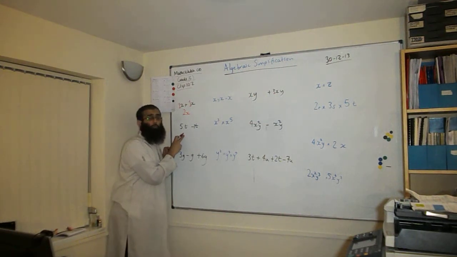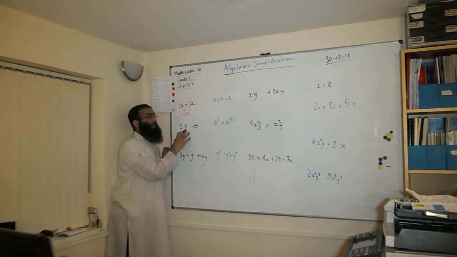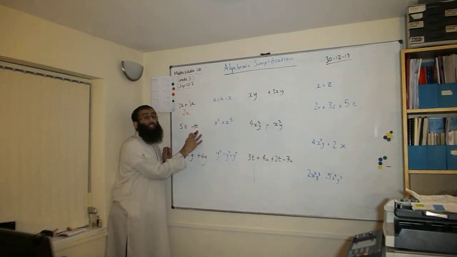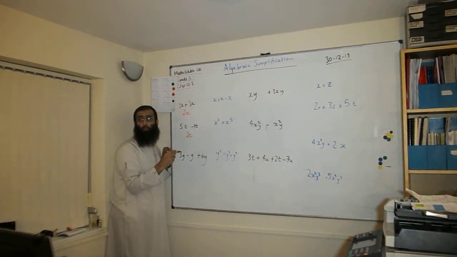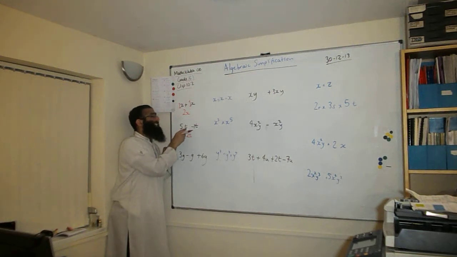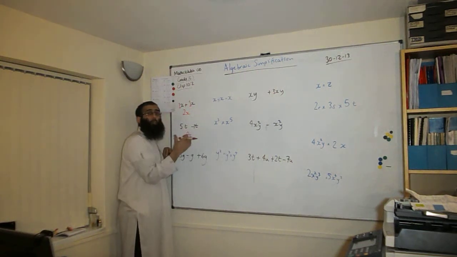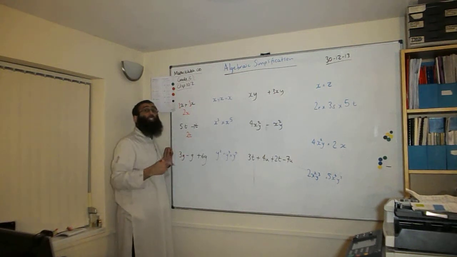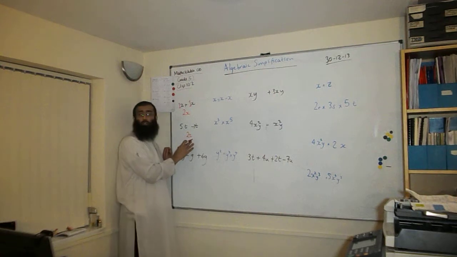The next question. We have an expression 5t minus 3t. We have to simplify it. So if I have 5 t's, t could be anything that you want to call it, and minus 3 t's, so that will give you a total of 2 t's. Okay, so you say 5 tea cakes minus 3 tea cakes is 2 tea cakes. So the t, we're talking about the same commodity here, which is the t. We're talking in terms of t. So 5 lots of t minus 3 lots of t will give us 2 lots of t, and that's the